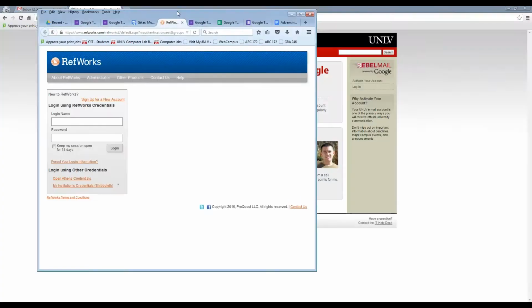Do you have to pay to use that? RefWorks you do not have to pay for. LastPass is my preferred password manager, and so I log into it each time in the browser, and it's going to auto-populate all of these things for me for my passwords. Very secure, but that's why I don't know this one, because I have to look on my password manager to use that. LastPass is also free. They have a premium version as well. Okay, back to